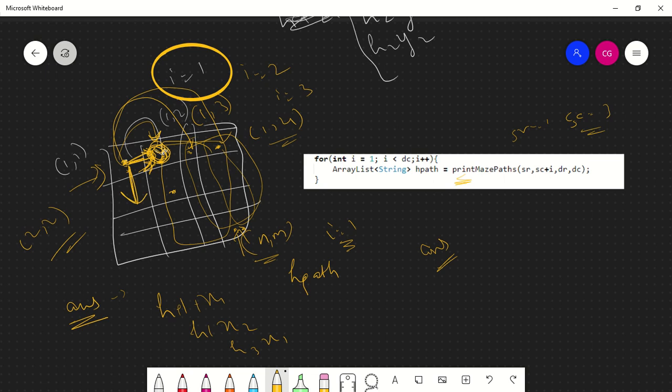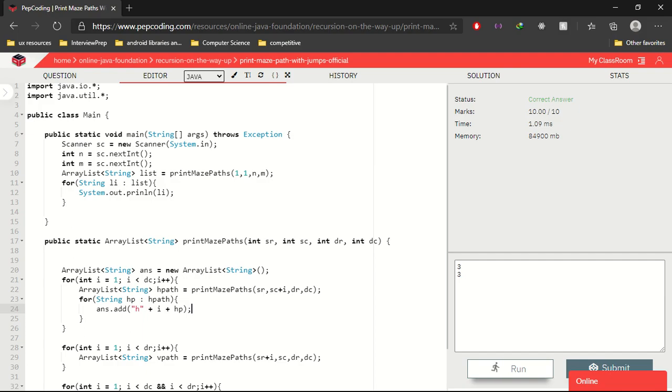Similarly, you need to calculate for a vertical and diagonal too. You need to add v1 x1, v2 x2 and so on, and d1 x1, d2 x2 and so on.